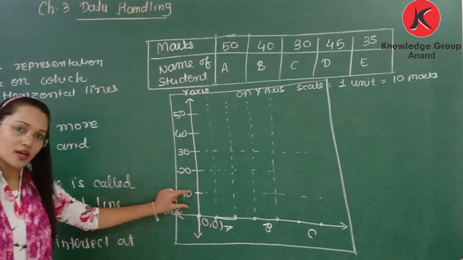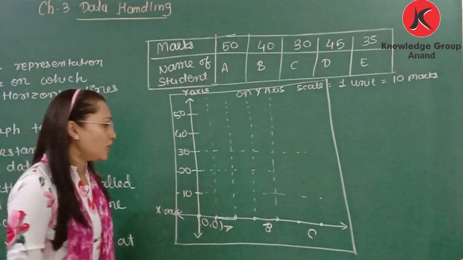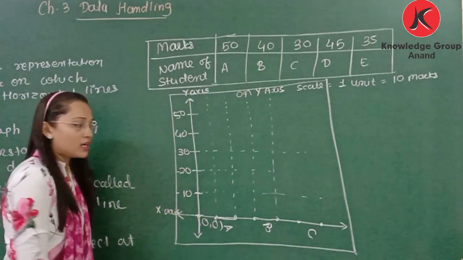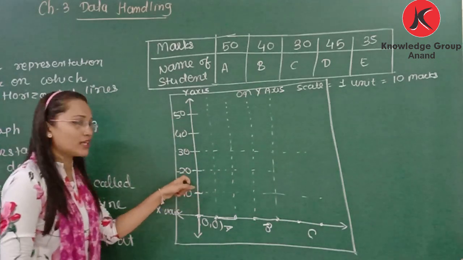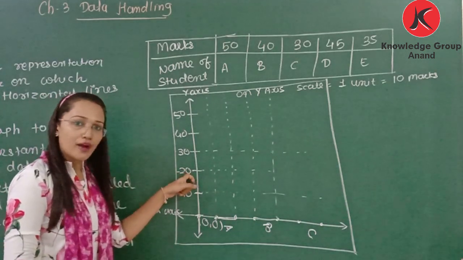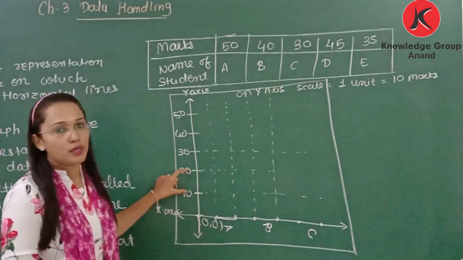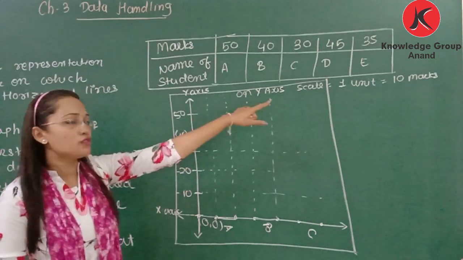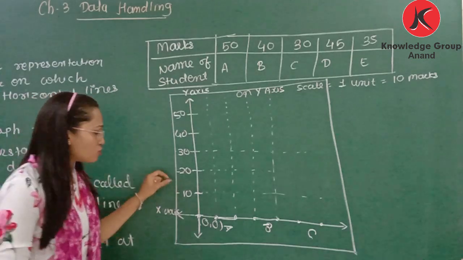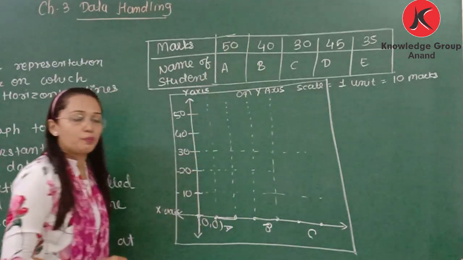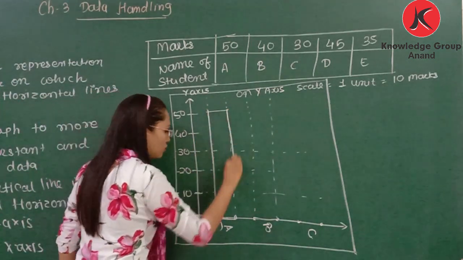You can select 5 marks here also. Then you need to write the scale that 1 unit is equal to 5 marks. Okay. So whenever you select 10 marks here, the next group is also of 10 marks. So from 10 to 20, now here you cannot select 10 to 25, 10 to 50. Why? Because the group must be of the same size. 1 unit must represent 10 marks, because we select the scale that each unit represents 10 marks. Clear? So here now first for it you need to represent 50 marks. So from A we draw a bar up to 50.